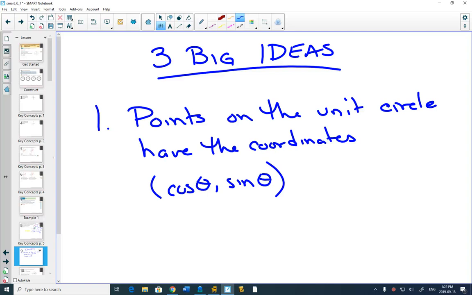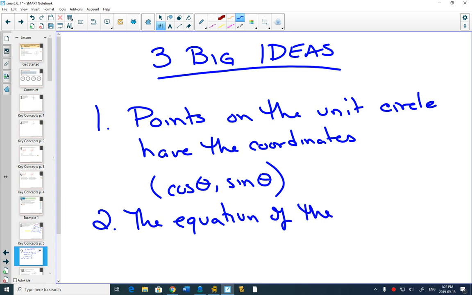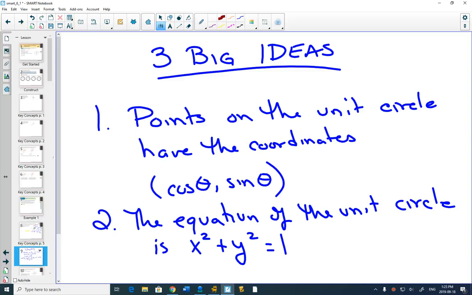Number 2. The equation of the unit circle, which is just Pythagoras, is x squared plus y squared equals 1. But if the points on the unit circle, big idea number 1, are cos theta, comma, sine theta, in other words, cos is replacing your x value and sine is replacing your y value, then instead of saying the equation of the unit circle is x squared plus y squared equals 1,